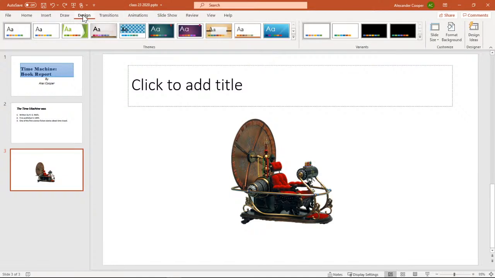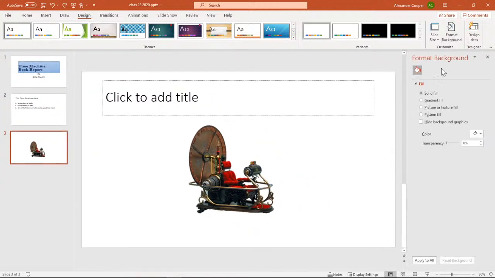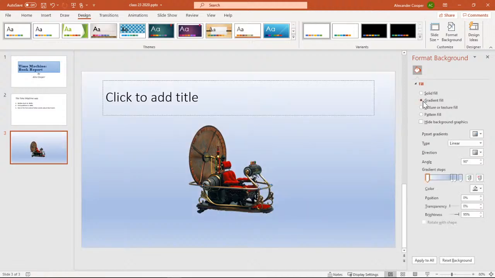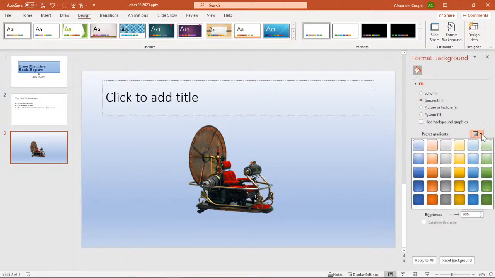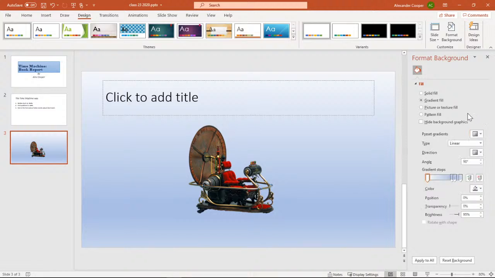Okay. So if you click Design and go here where it says Format Background, this will show up. Right now it's set for solid. You can choose gradient, which is great, and it works really quickly, and then you can choose different patterns or colors if you wanted to. Makes it look really good. It's not just one stagnant picture. So gradient is a quick way to do it.